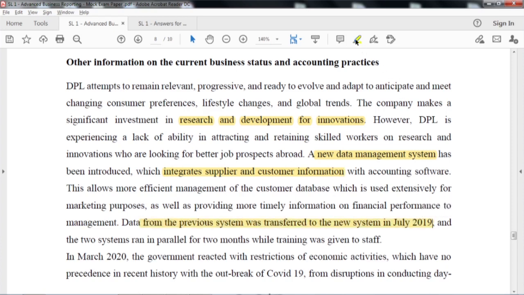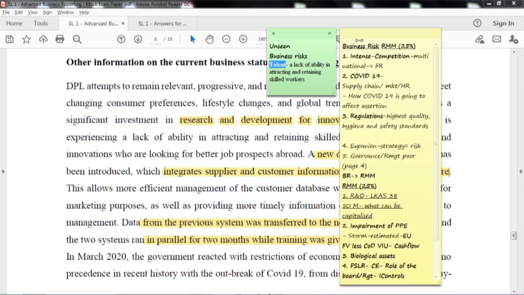Now, that is a specific risk from the audit angle, that in the data transition, if there is an issue, that is going to create a problem, right. And two systems ran in parallel for 2 months while training was given to staff, right. So, if you look at this whole thing about the new system, this new system integrates supply and customer information with accounting software, that is a key word, which means in some form the accounting system can be affected. So, definitely even as a business risk you can write